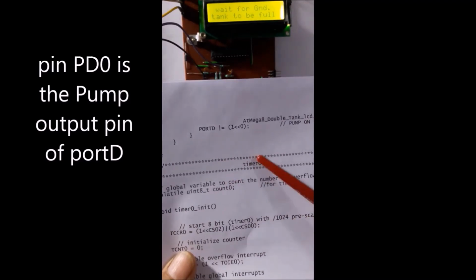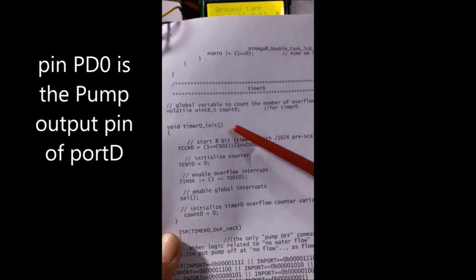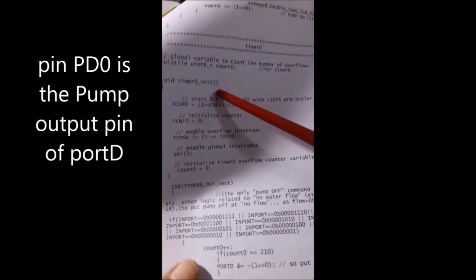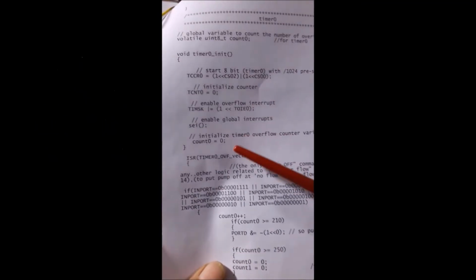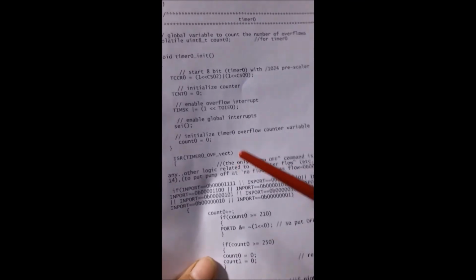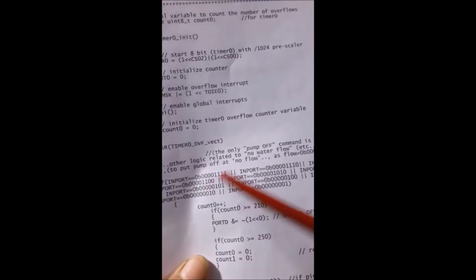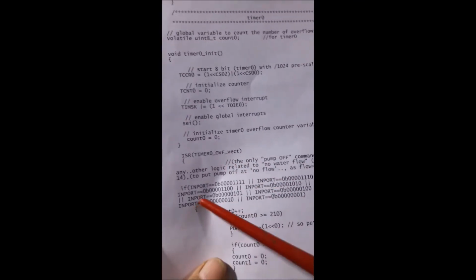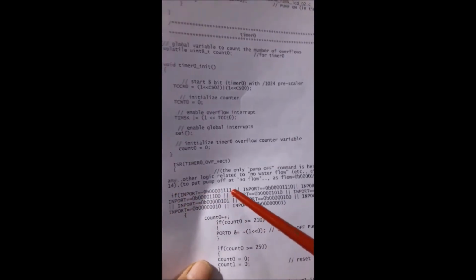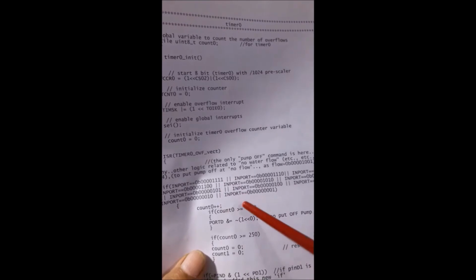And now this is the timer 0 configured here, and the only pump off command is here in timer 0, and all these logic levels, there are 14 conditions on which the pump will be put off.